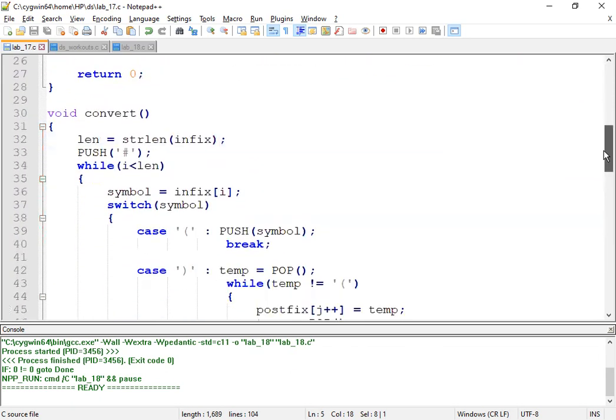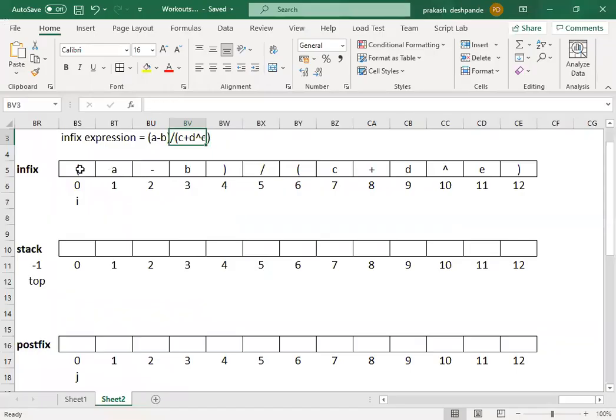So this statement will get executed and calculate the length of the string. In this case, the length of the string is going to be 13. There are 13 characters in this string, that means our length len is equal to 13.